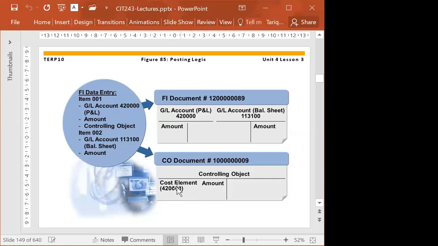But from here, if any cost movement happens, it will be a double entry system, because the sender will be credited and the receiver will be debited with that amount. Sorry, I made a mistake here. The system will credit the sender and debit the receiver, same as the financial accounting system. Any question here?